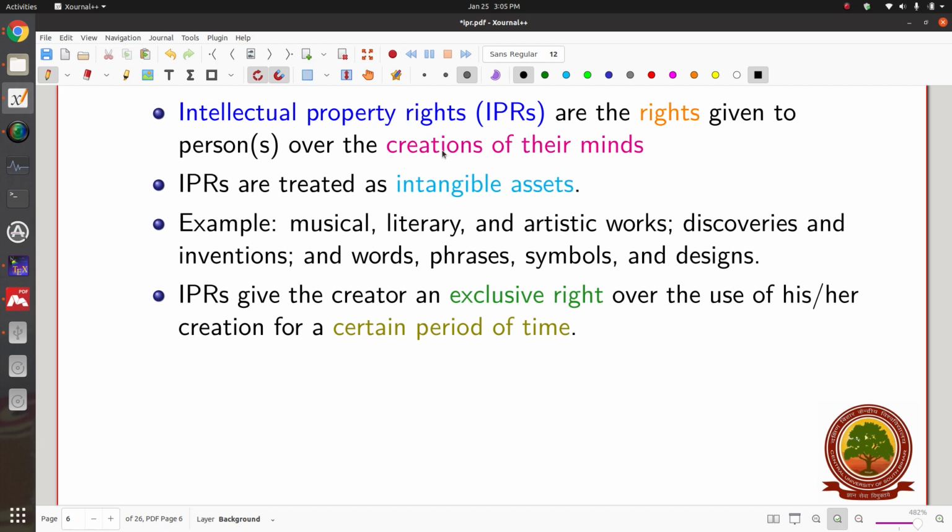Like what, some of the examples you might be knowing, many of them. Music comes under intellectual property. Literary work, that means any kind of artistic works like drama, theater, storytelling, all these, whatever artistic work actually, come into the category of intellectual property. Then in the scientific world, discoveries, inventions, sometimes words that you might have created, special words or phrases you might have created, or the symbols, designs. So phrases means sometimes you might have heard